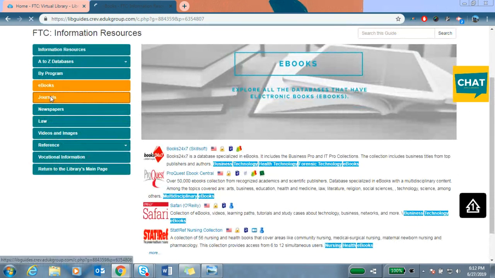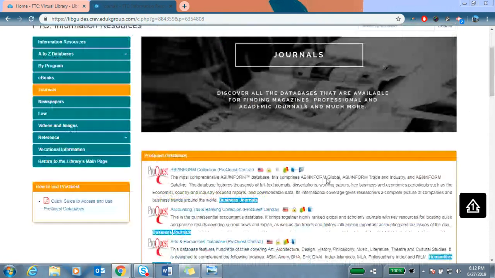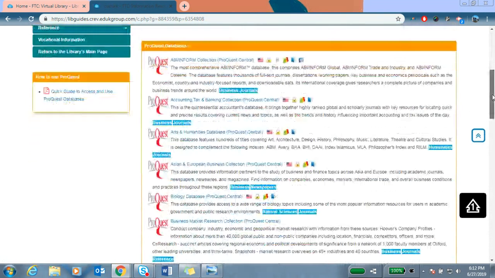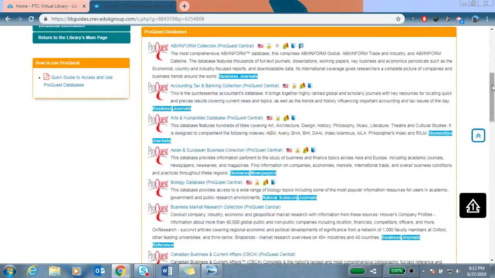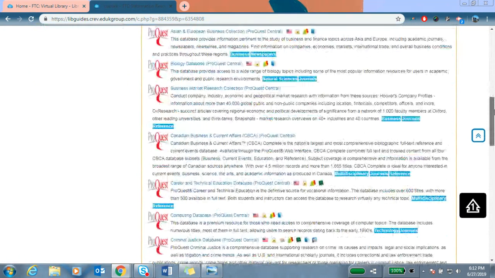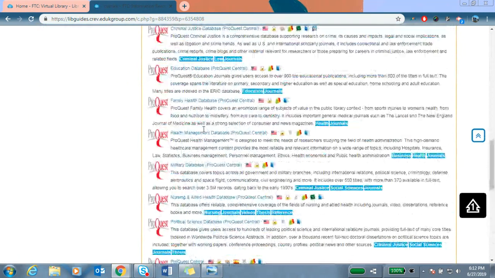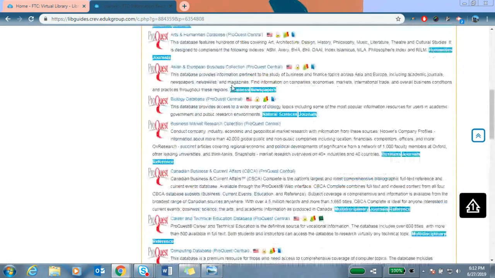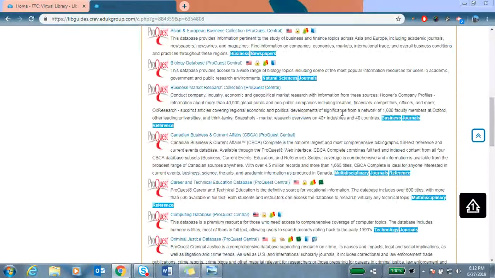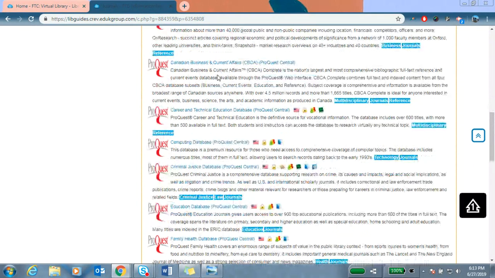Here we have the databases that have academic journals where you can find articles. Here you have all the databases ordered in alphabetical order. And like in the ebooks section, you can know which database to use by the tags. So if you're in the business program, you can use Business Market Research, and here you will find journals about business. If you're taking an English class, here you can find